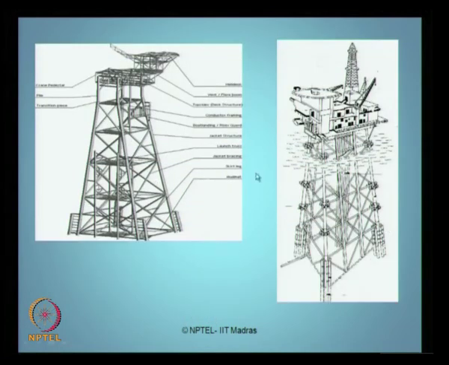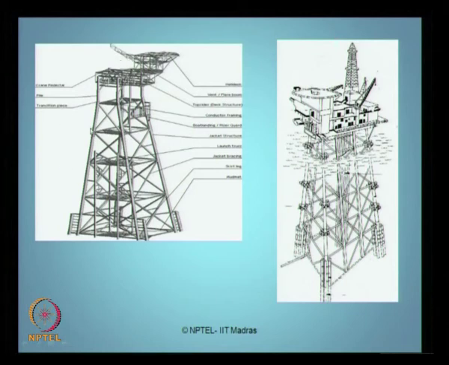Here is a typical photograph of a topside or of a complete steel jacket structure. This is an animated picture which is generated from computer software. It is a real line diagram of a typical jacket platform. Different components of a jacket structure are marked here. You can see a helipad here, you can see a flare boom which is essentially used for allowing the outlet of the flare gas coming during the drilling operation.